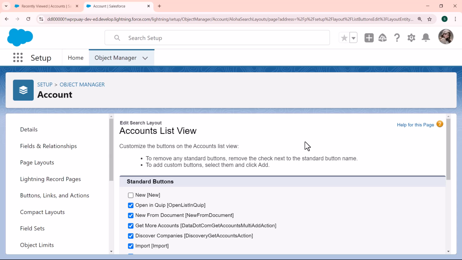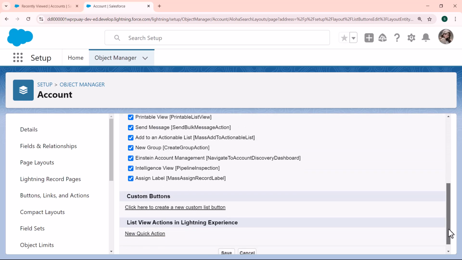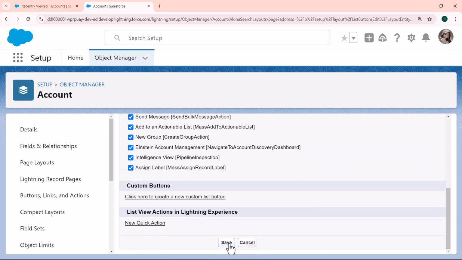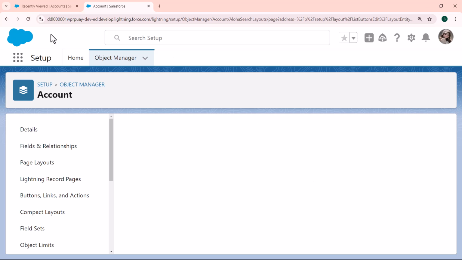To remove any standard button, remove the check next to the standard button name. To add custom buttons, select them and click add. And here you can see the standard button section, and under this section all options are checked, but there is a New option present which is unchecked. So this button is to be added to the list view. So you can see this button is unchecked. So firstly check it and then scroll down and click on the save button and then go back,